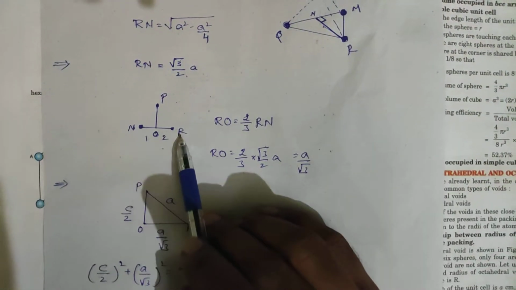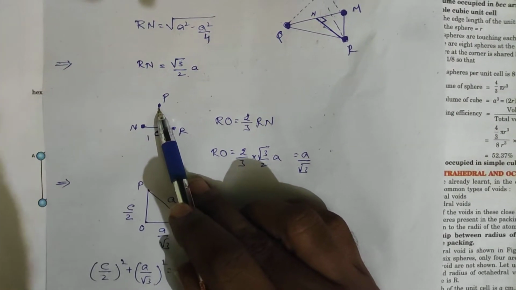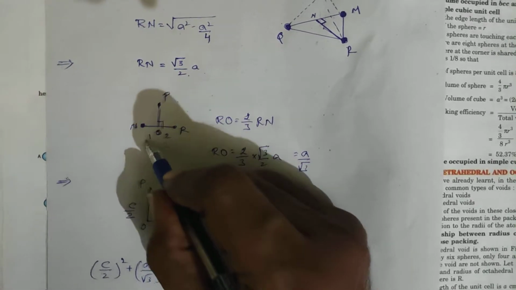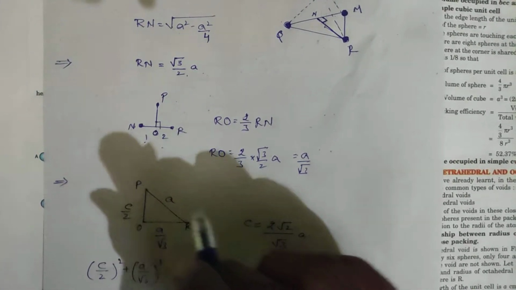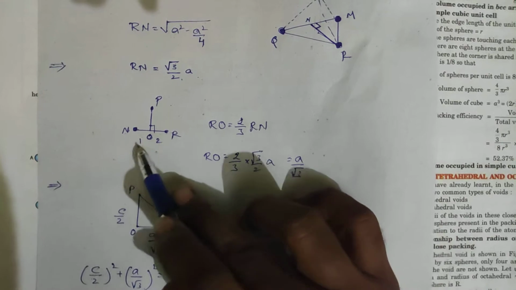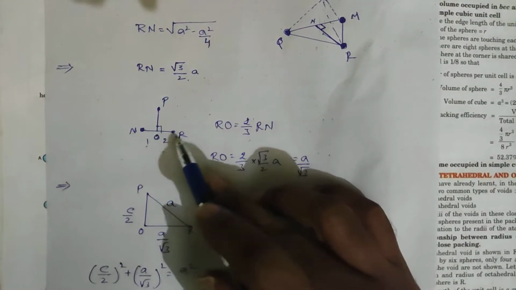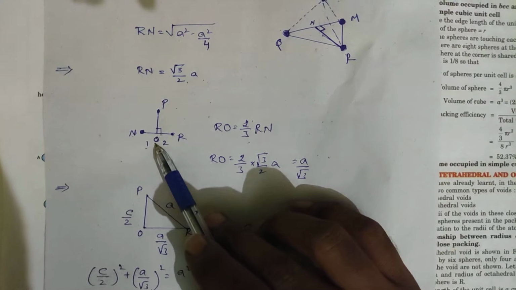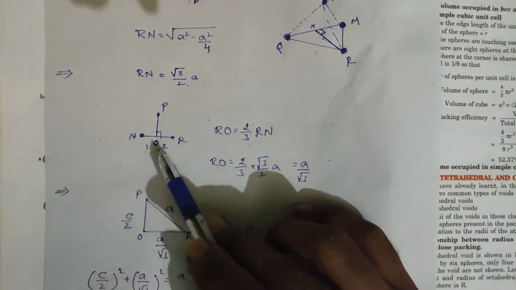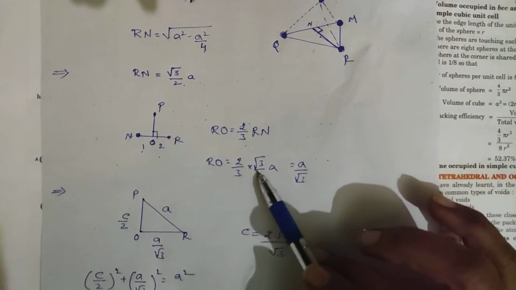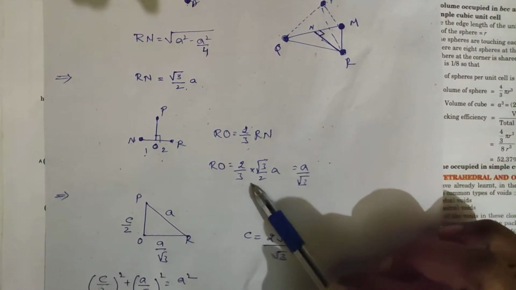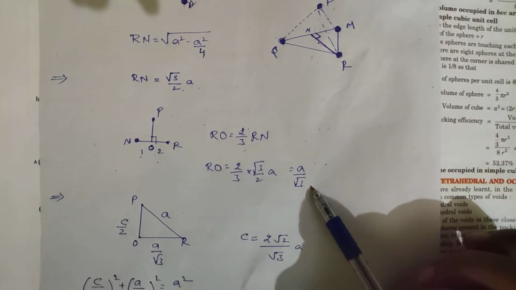Now this is the Rn line and the point P is present at the top. If you draw a perpendicular to this one, what happens? It bisects the line Rn into 2:1 ratio. So it is 2 times and this is 1 times. So what will be the RO value? It is 2 by 3 times. 2:1 means total parts is 3, so it is 2 by 3 times of Rn. RO value is 2/3 of Rn value, because this perpendicular divides this one into 2:1 ratio. So RO is equal to 2 by 3 Rn value. Rn value you have got root 3 by 2 a. So the 2 will be cancelled, and you will be getting the value a by root 3.